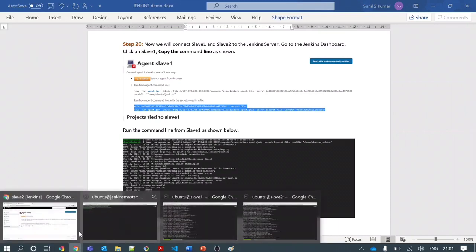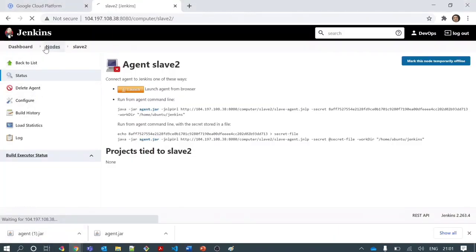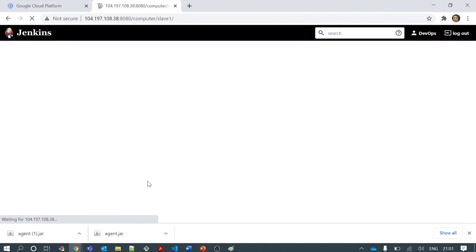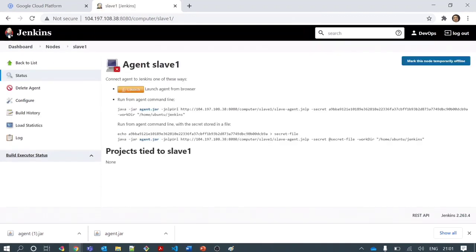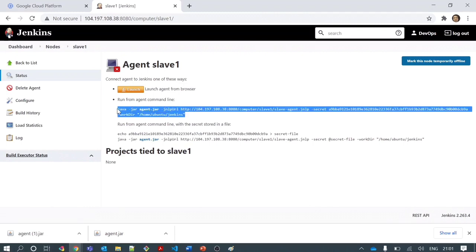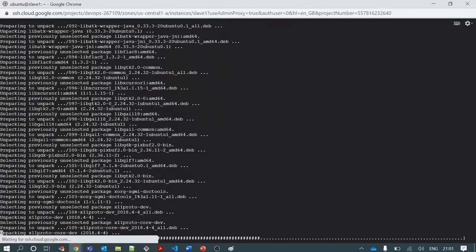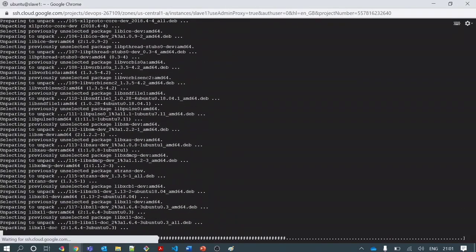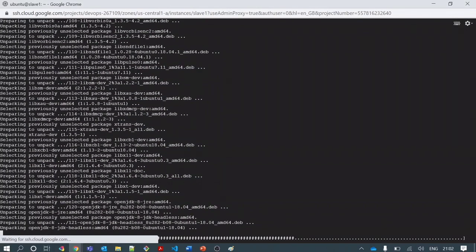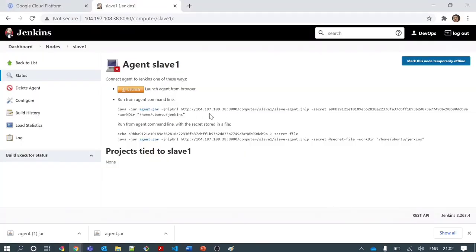So this command can be directly found on the Jenkins master itself. You can go to the slave and you can see the command is available here. So let's wait for Java to get installed, and then I can run this command. What this command does is actually simple: java -jar and execute the agent.jar file with the master URL. You can see JNLP.